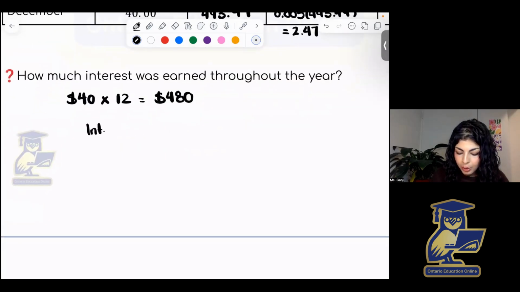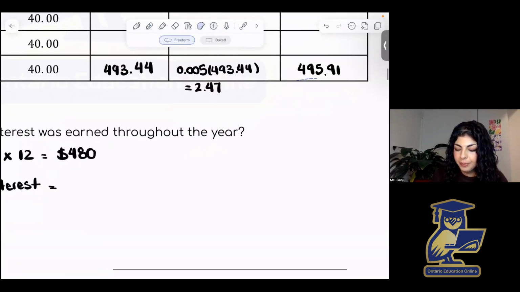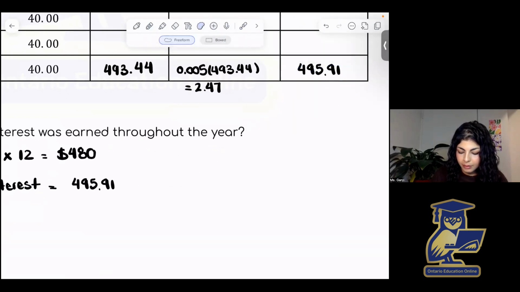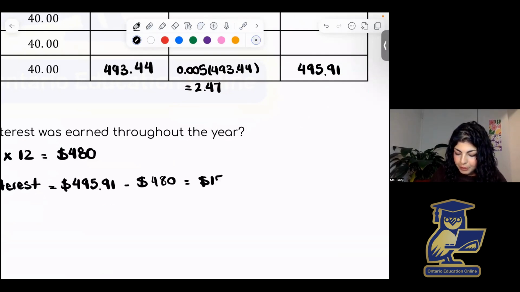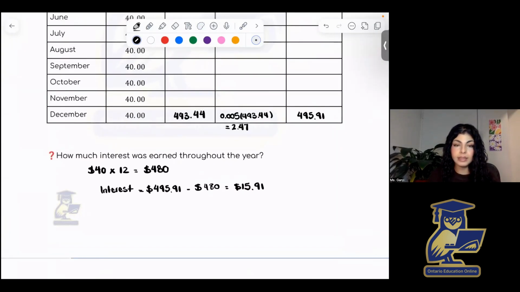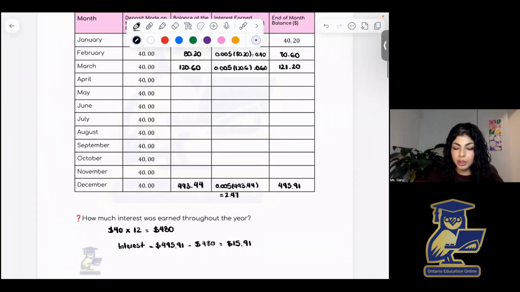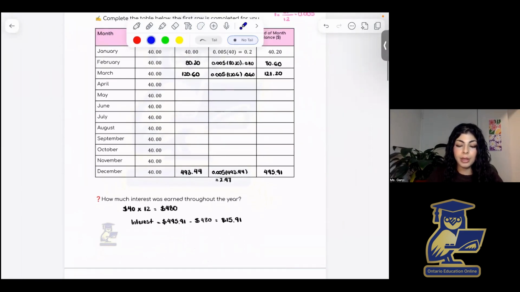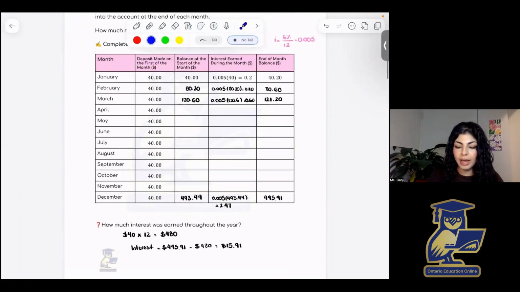So then the interest would be the final amount we have at the end of the year minus what we invested, which will be $15.91. And so that's how much interest was earned throughout the year. And you can also, one other option, which is a bit more tedious, but if you're unsure or you just want to double check for your own learning, if you add up this column,